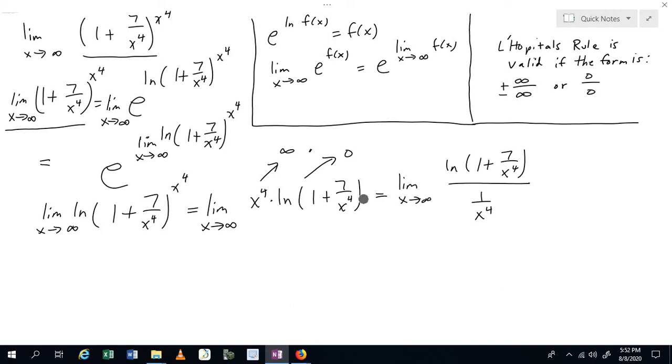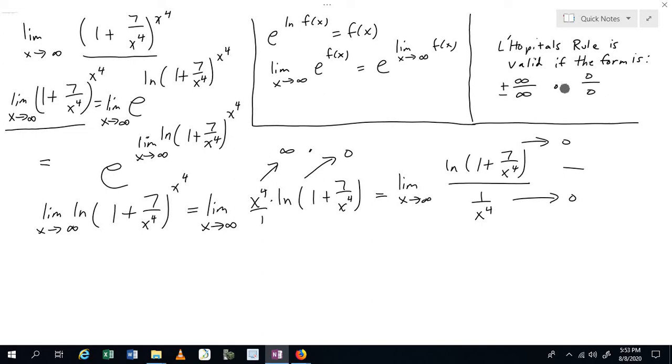Now, notice these are equal, right? Because when you divide by this fraction, it's the same as flipping it and multiplying by it. So if you were to flip this, it would be x to the fourth over 1 times the logarithm. So these are equal, okay? All right, and now let's try to determine the limit. Okay, again, this top piece is heading towards 0. And then notice this bottom piece is also heading towards 0 because it's 1 over a really large number. And so now the form that we have is 0 divided by 0,